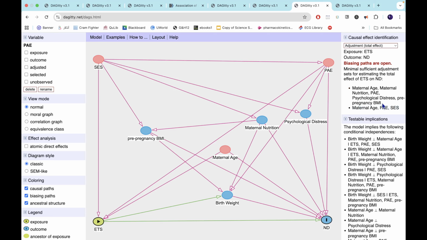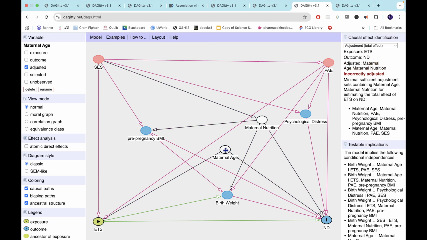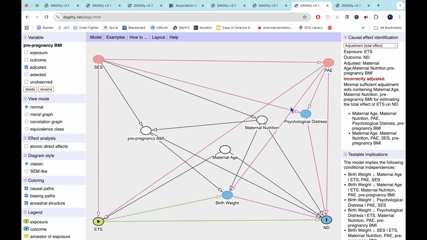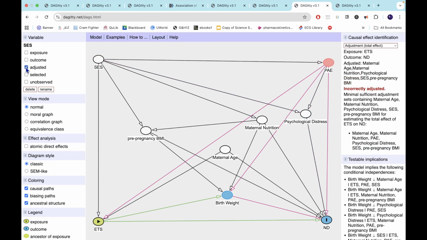Now some people might ask, okay, why don't you just adjust for everything? Like none of these are colliders, you know? By the way, when I adjust, I just type A on my keyboard and it automatically adjusts, but you can also adjust from this button. So if you click on a specific variable and you click adjust, it turns white, which means that you adjusted it, okay? So see, I adjusted for all of these things and it's correctly adjusted, but